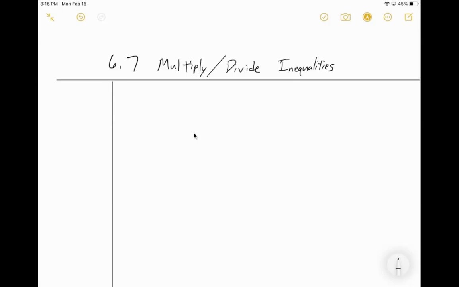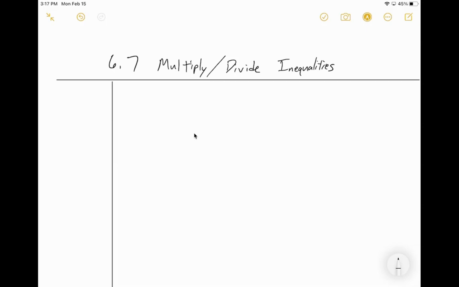Okay, class, today we're going to look at lesson 6.7, multiplication and division inequalities, one-steppers. This is very similar to what we did with equations. There's just one major difference. When we're solving inequalities, we solve them basically the exact same way that we solve equations. Today we're going to learn about one very, very crucial difference, which is the only real thing. If you can remember this one difference, then you can remember basically how to do them, because they're just like the ones we did for